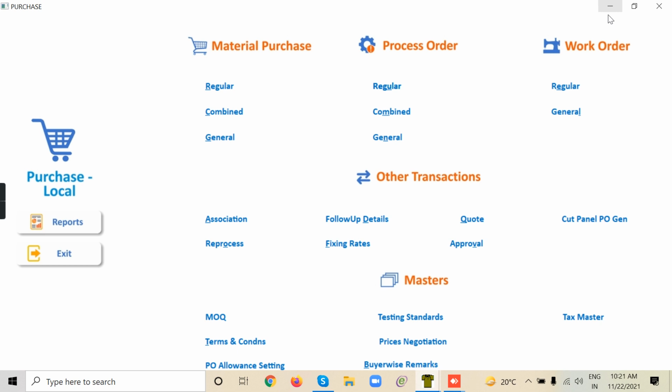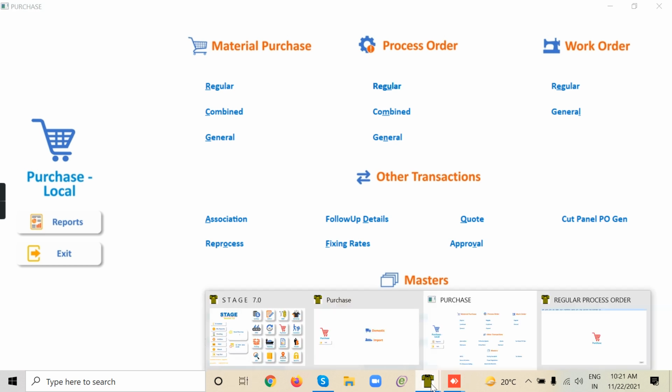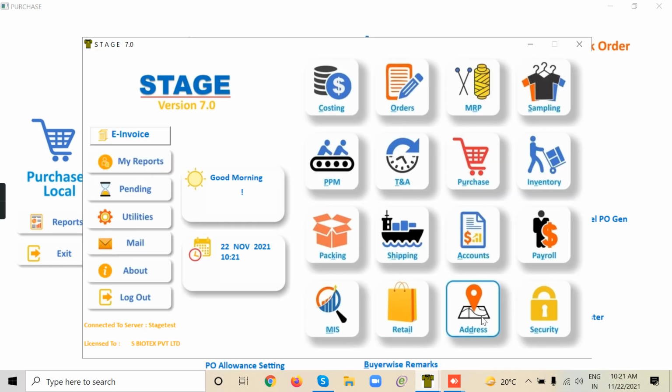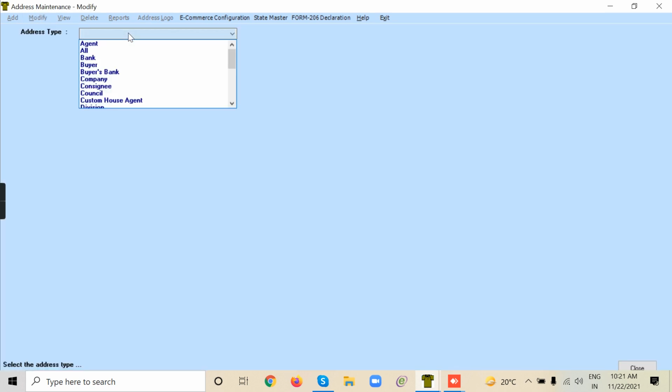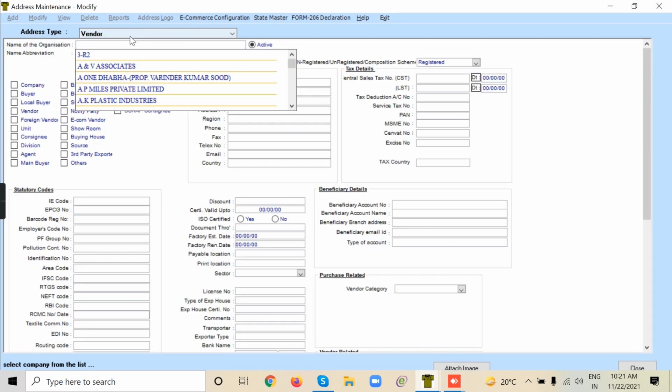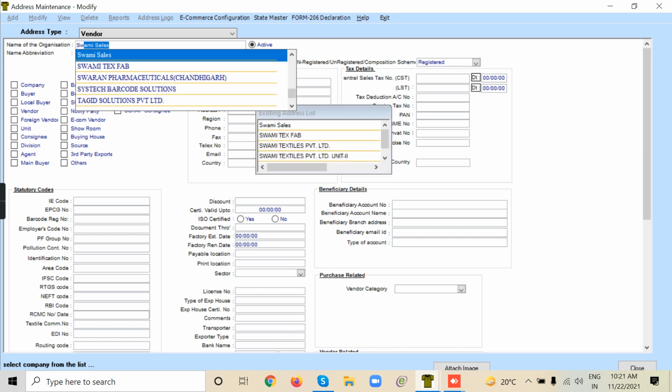Fabric dyeing will be done in which unit? It's our unit, Swami Textile Unit 2. I'll just check whether we have defined fabric dyeing for Swami Textiles. Vendor, Swami.